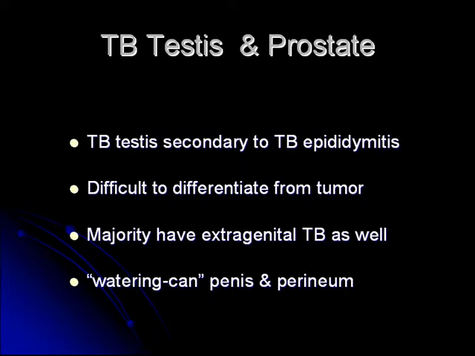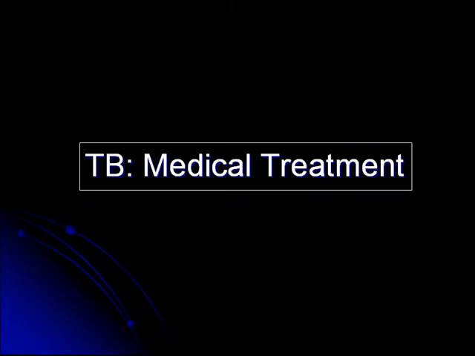Tuberculosis of the testis and the prostate: like I said, involvement of the testicle is quite rare, and it's usually secondary to an infection in the epididymis, with direct spread into the testicle. The prostate can also be affected, and again it is rarer than TB of the epididymis. When it presents in the penis or the perineum, it can lead to the watering can penis, because the caseating granulomas erode through the urethra to the skin, and you end up with multiple sinus tracts, like a watering can. So that's something you did see.